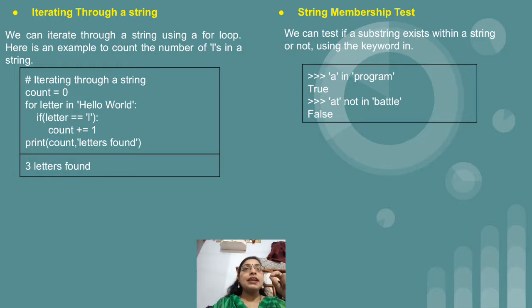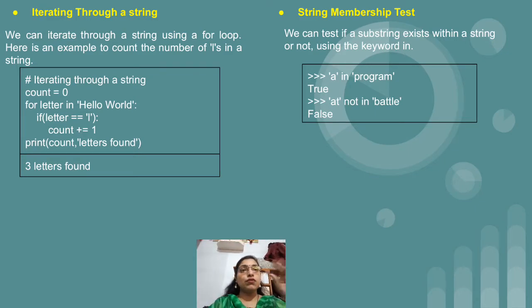Then we have added one if condition. Within the if condition we have written, in round brackets, letter equal to l. We just need to count how many times l appears in our string. We have taken the string hello world. In hello we have 2 times l, and in world we have a single l, so in total we have 3 times l. So this is the expected output, and for the same we have written this code.